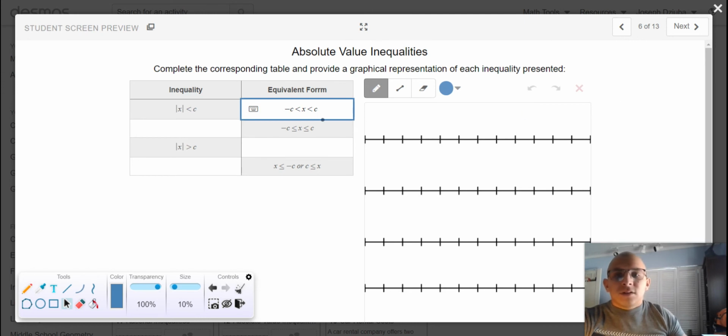On a graph, if you've forgotten, anytime we have less than or greater than, but no equal to, let's say we designate this as 0, we would use an open circle. And this compound inequality means that the values of x lie in between these two values. So please take a moment here to complete our table and sketch the corresponding graphs to represent